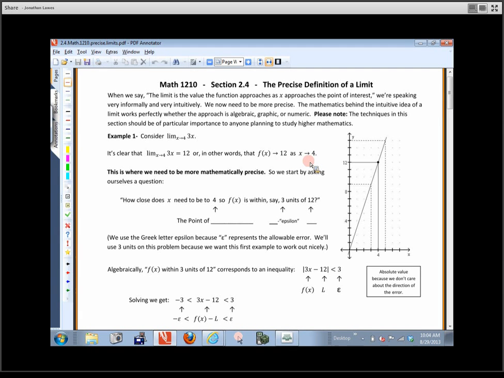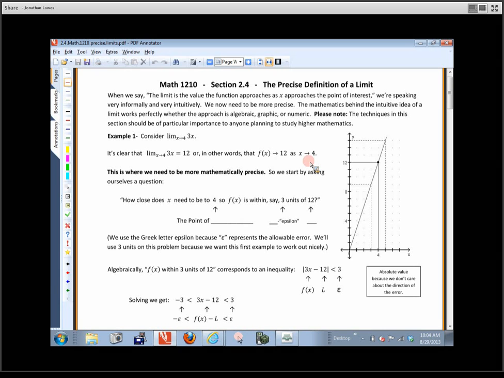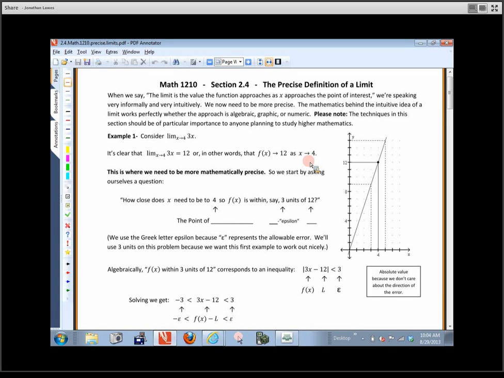So we want to be really precise about this. And this is where we get into, well, what do you mean by get close to? What does that mean, get sufficiently close to or get really close to? Well, here's what we're talking about. So we're going to start with the question. How close does x need to be to 4 so that f of x is within, and we're going to make up this number, I contrived this so it would work out nicely,